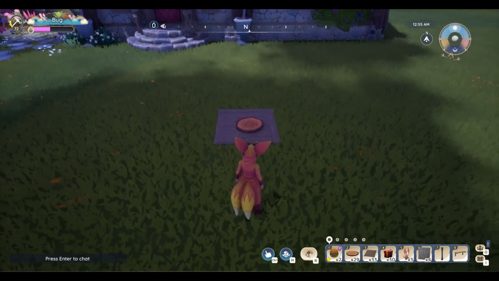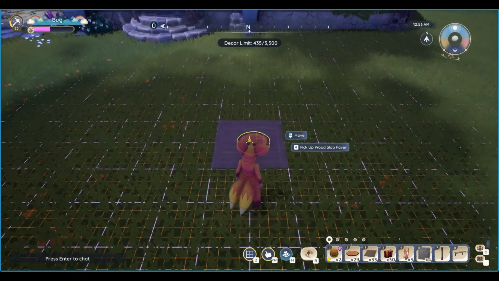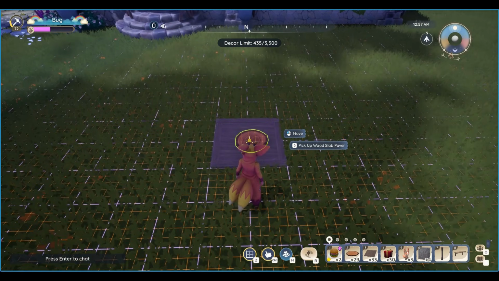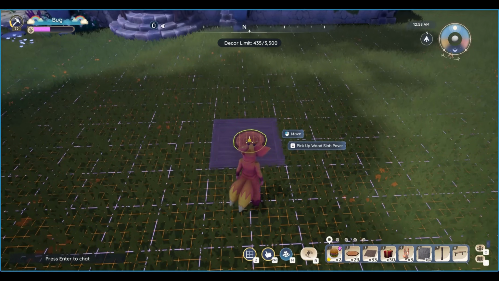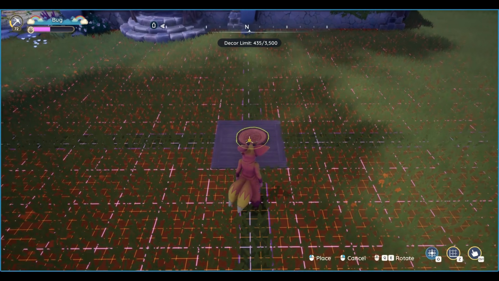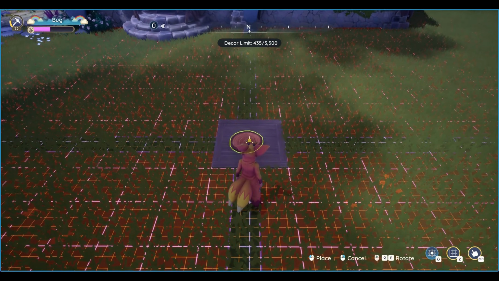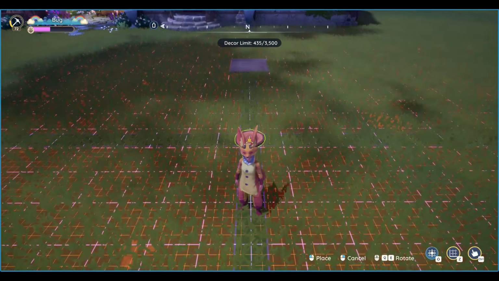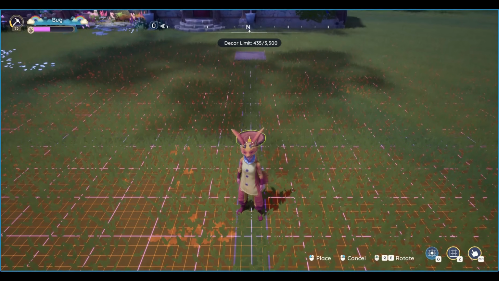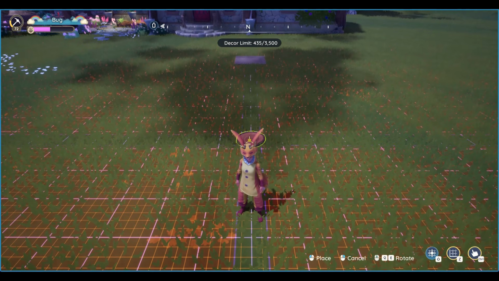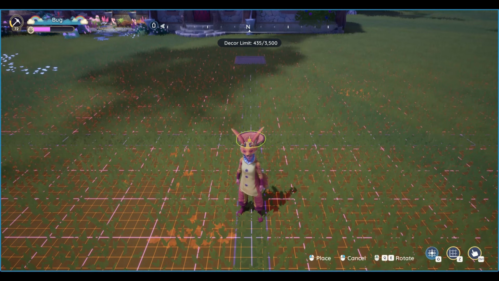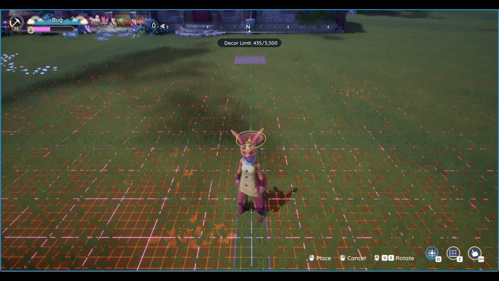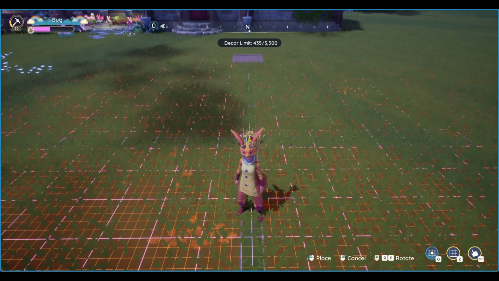Okay, so let's show moving something using cancellation to put it in a temporary home. What I'm going to do is grab this paver, and again, if you're on console, you're going to grab this using your BBA, and now I'm going to move it over here, but instead of left clicking or hitting A to put it in a new permanent home, I'm going to use cancellation to place it in a temporary home. So on PC, I'm going to hit my number 1 on my keyboard,